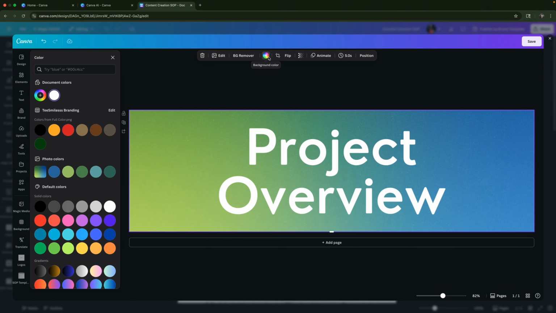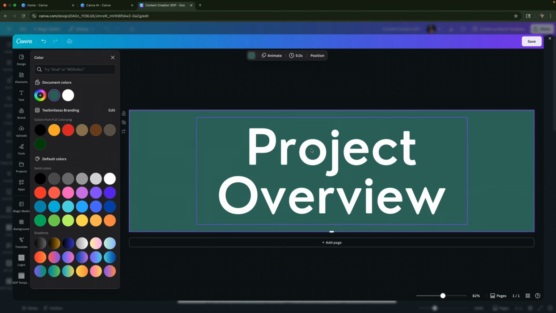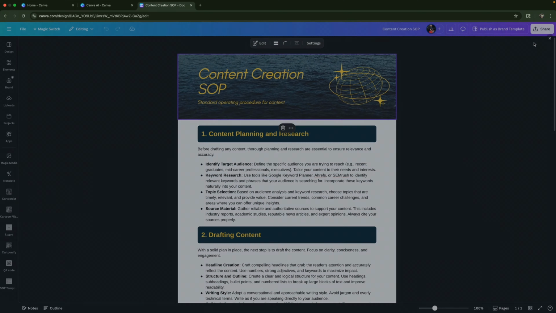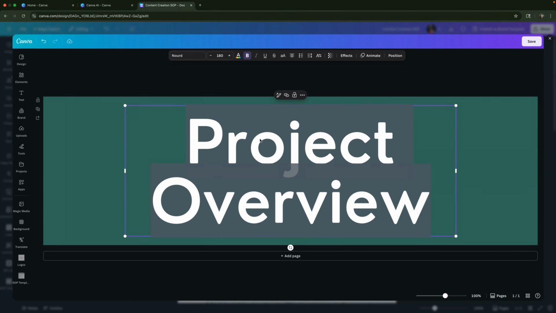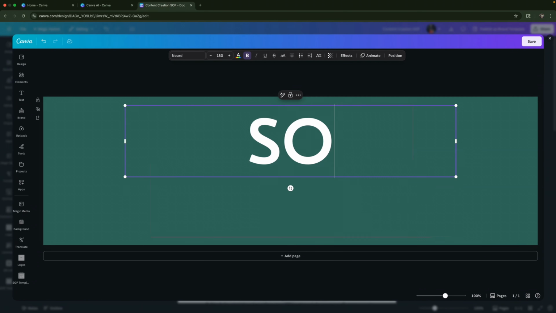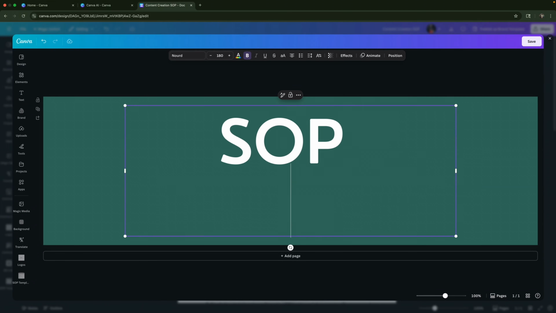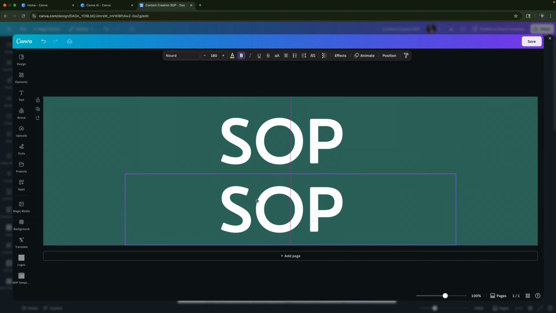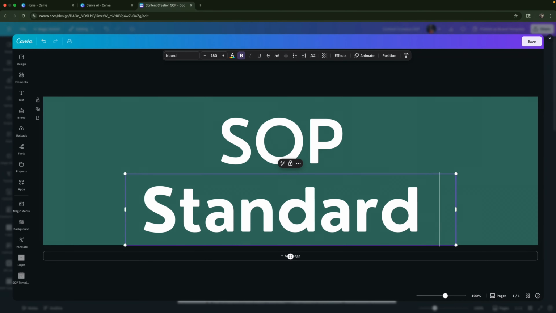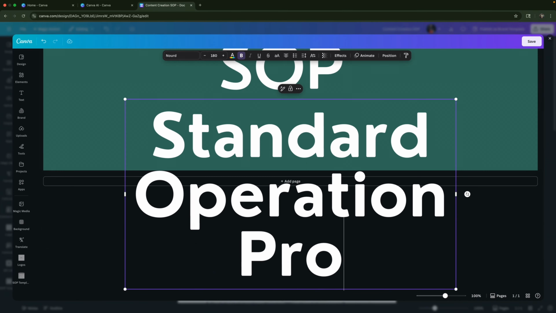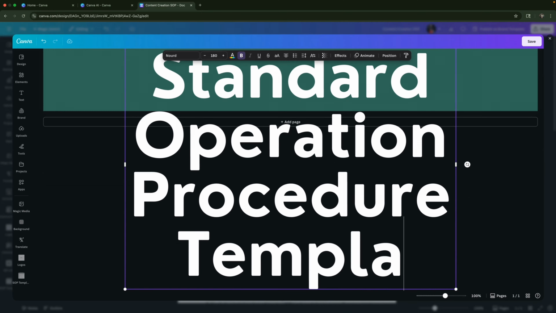We are going to edit the color after this because I only want it to be one block color. And I really like the teal that I am seeing in here. So I'm going to select teal. Now that I've changed the color, the only thing that I am going to do now is just update the text. So SOP, and I am going to duplicate this text